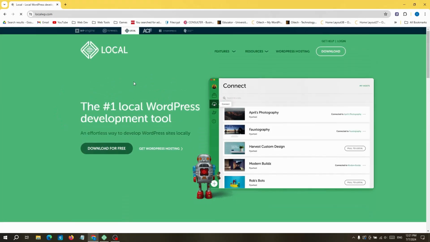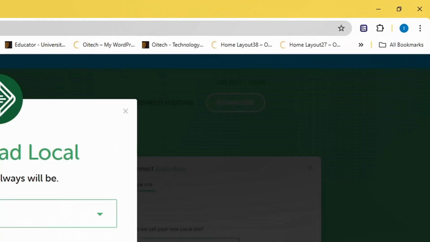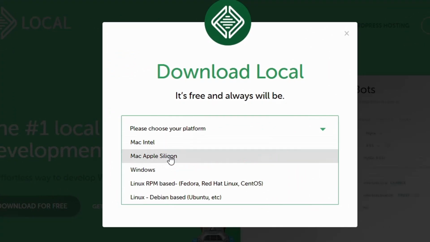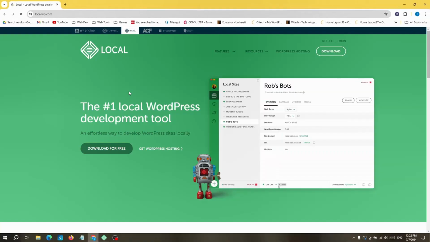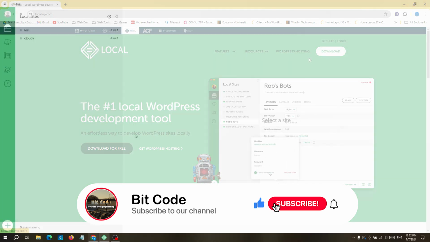localwp.com website, and your next step is click on this download button, and you can choose your own platform. It may be a Mac Intel, Mac Apple, or Windows or Linux or other type. You can select your own one. Then you can download the Local WP software in your computer, and your next step is create a new local